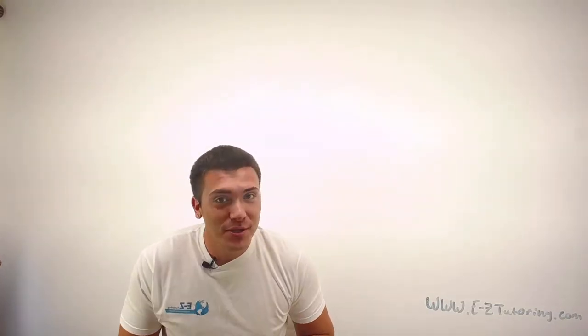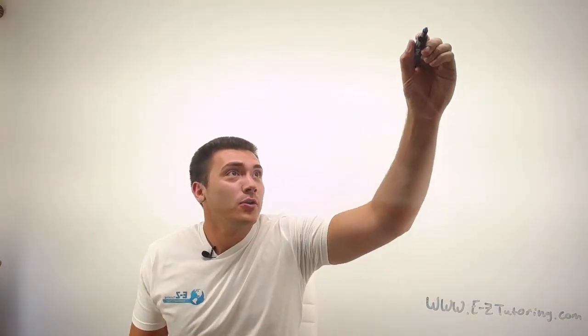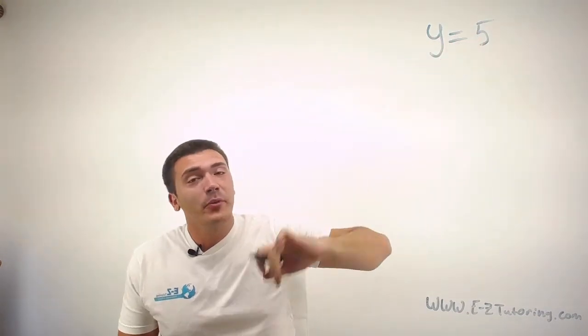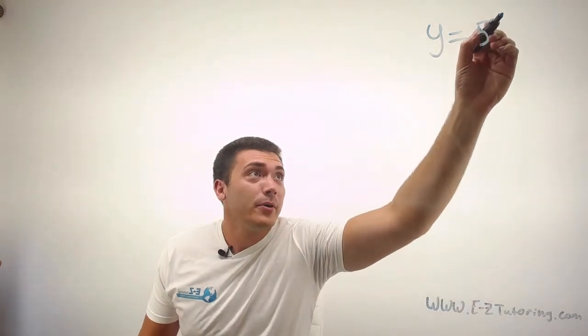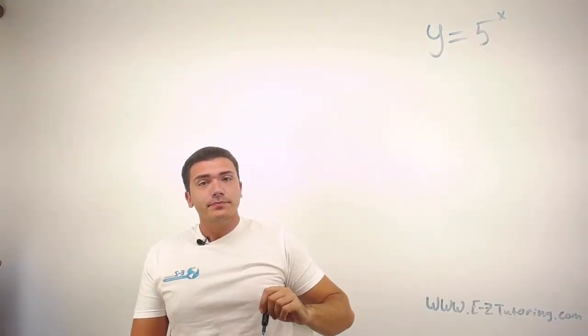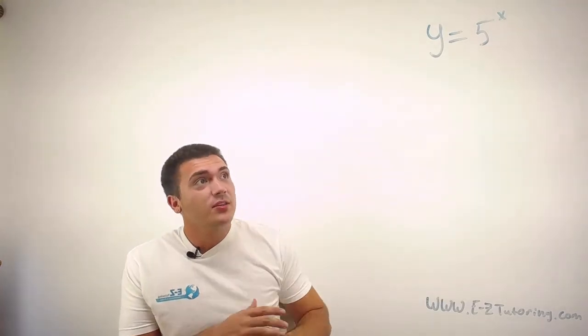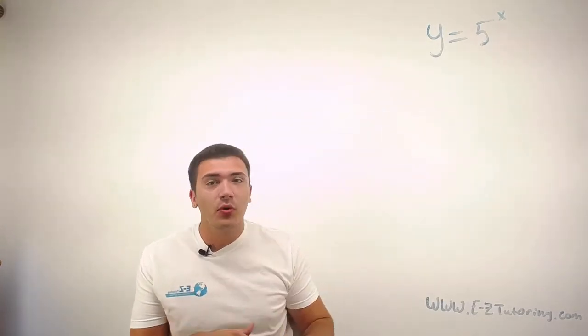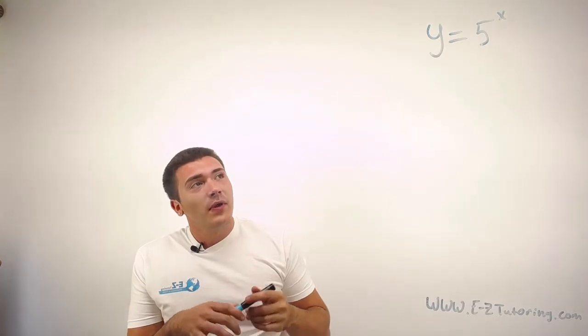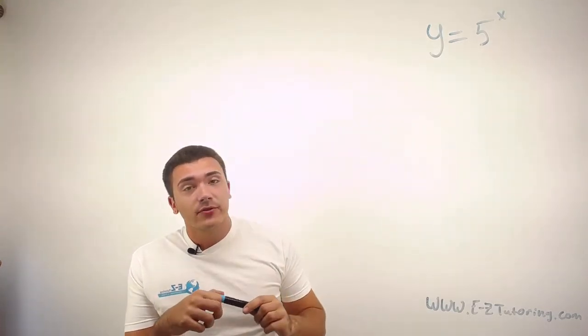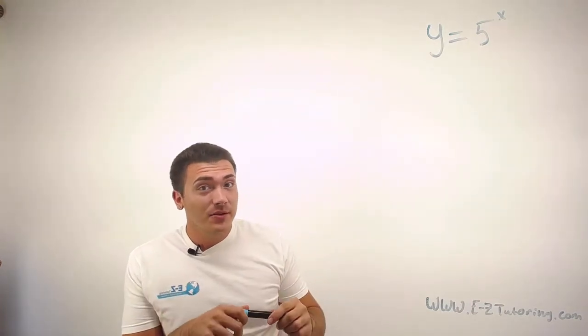Today we're going to be going over how to graph exponential functions. An exponential function is any function where you have your constant and the exponent on that constant is a variable. We'll say x. So y equals 5 to the x. It's pretty basic, but I'd like to start off basic and then I'm going to go a little bit more into detail. So in order to graph anything with a variable as your exponent, the best thing to do is